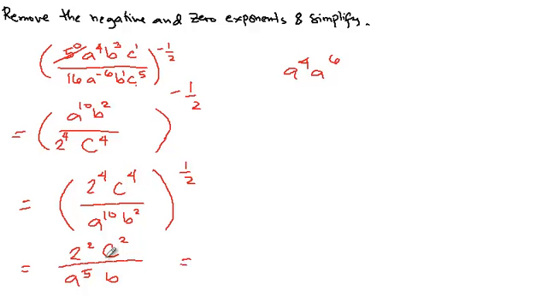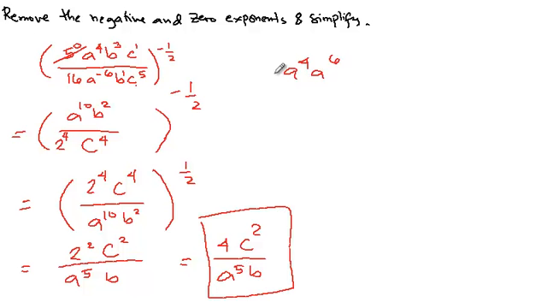All in all, the answer will be, of course, 2 squared is actually 4, so we can write that as 4c squared a to the 5th b. And more or less, this is our final answer. We no longer have the 0 exponent, we have removed the 0, right? And we have removed the negative exponents, this negative 6 and this negative 1/2. Okay? That's how simple things work. Thank you.